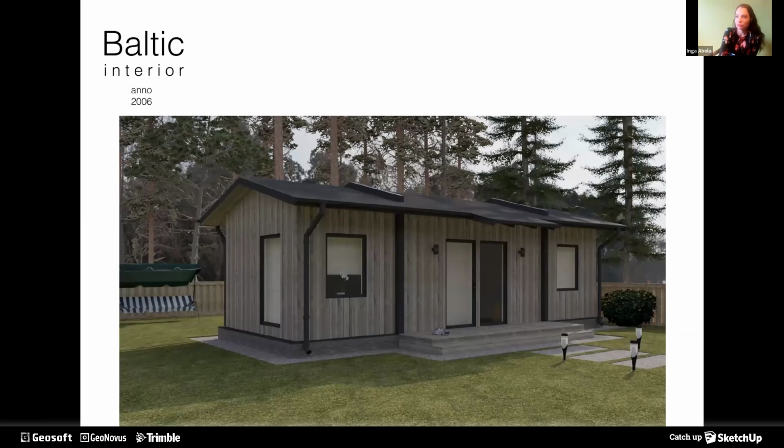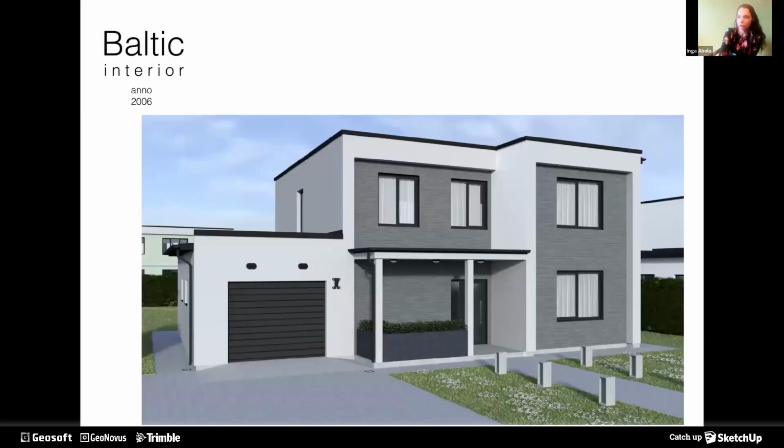A very small guest house. So you can use SketchUp for a big house or a small house, it doesn't matter. It gives you equal quality no matter the size of the project, because you never know what project this client will come to you with in a few years. Maybe he came with 20 square meters today, but tomorrow we have a much bigger project. So I always go for the best possible quality without depending on size. So one more house, it's in Penki, and here I do exterior and also the interior